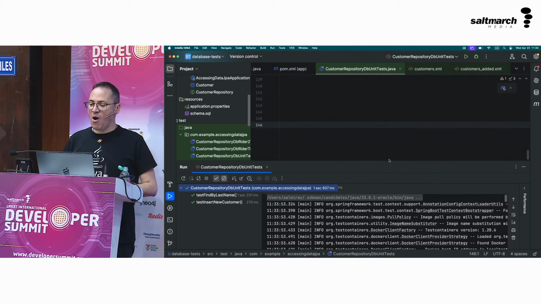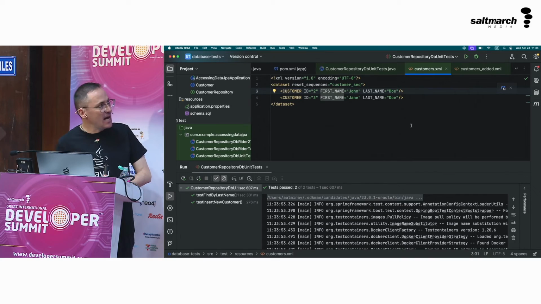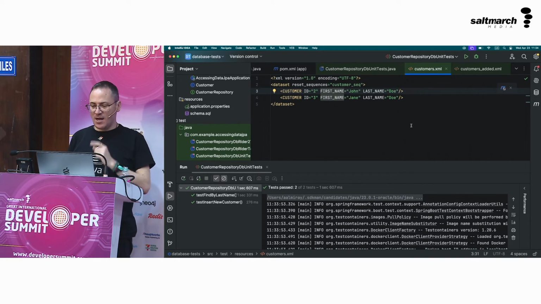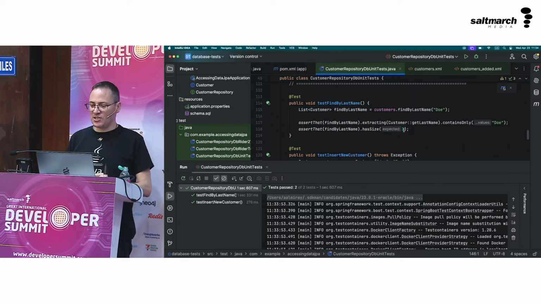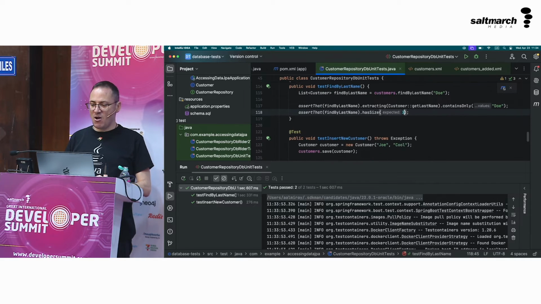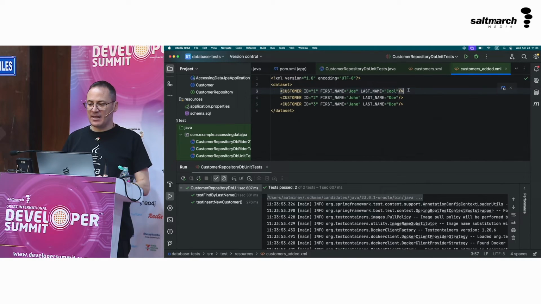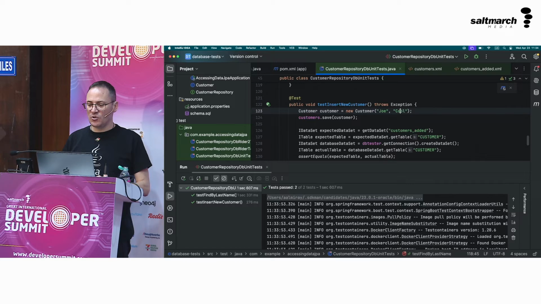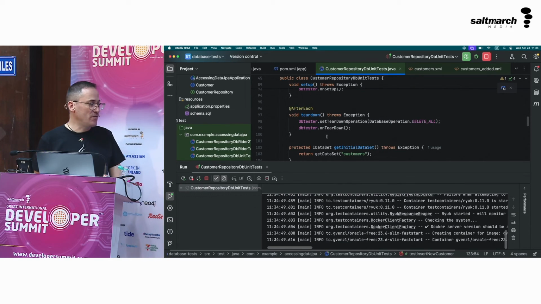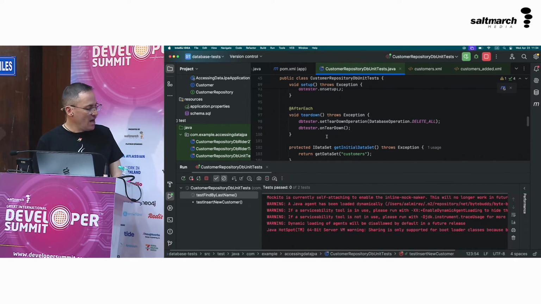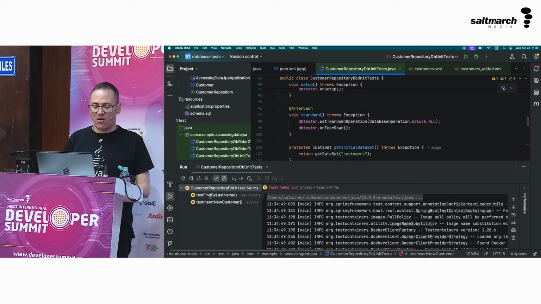So our input data set says I have 2 rows with 2 last names that match. That's where our expectation is, right? So let's change this to 3. Now, when we added a customer, we added this row here, and we add Joe Cool. So let's change that to Joe Hits. And let's rerun these test cases, and now we'll expect these 2 test cases to fail. One of them will fail because the expected number of rows is different, and the other because we did not find the correct set of